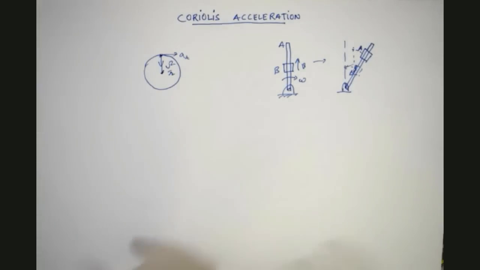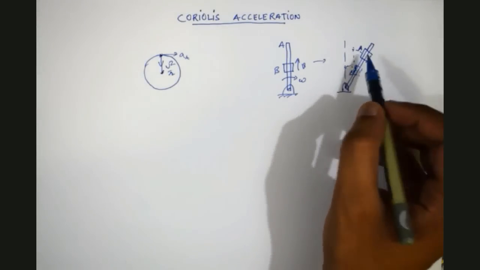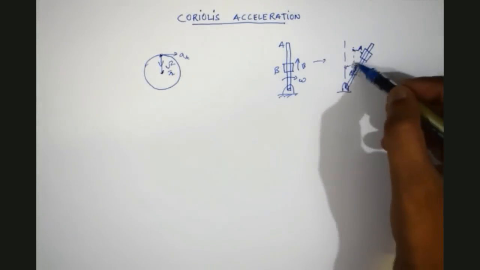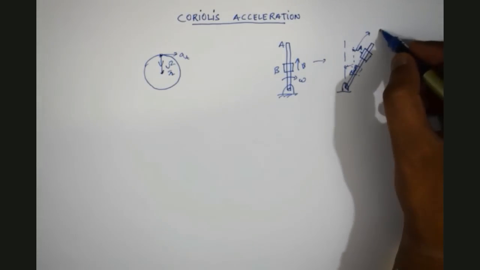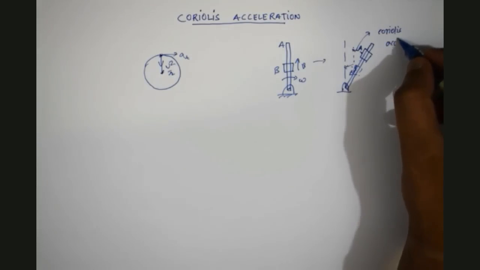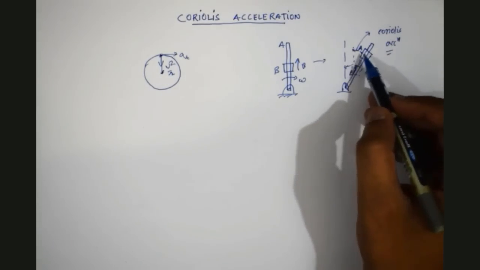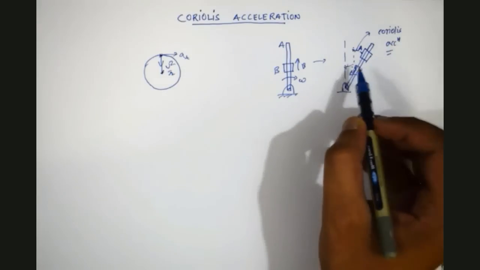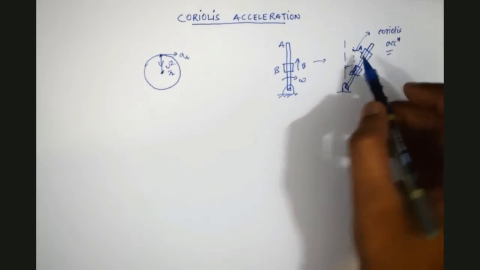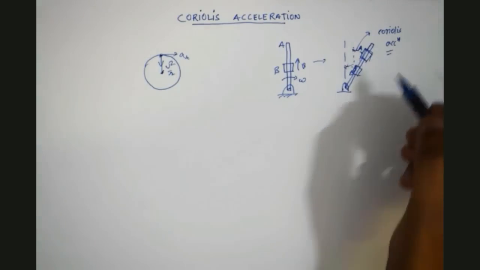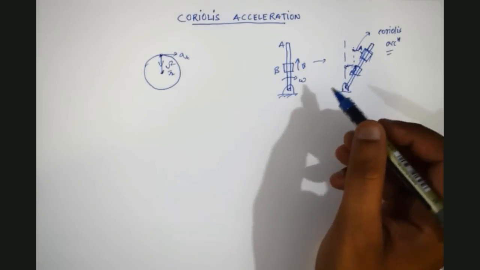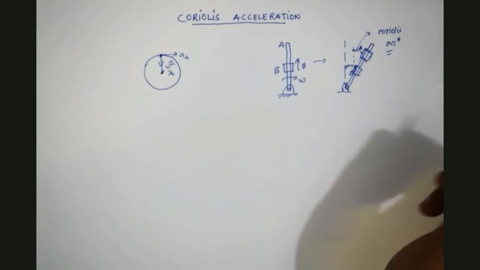So what is the extra acceleration coming here? See, because of this acceleration, this acceleration is Coriolis acceleration. This extra acceleration came into picture here, and otherwise if it is not moving, it should move like this here, but the final position is here. So we will understand the concept, and we will derive some equation for how to calculate the Coriolis acceleration.